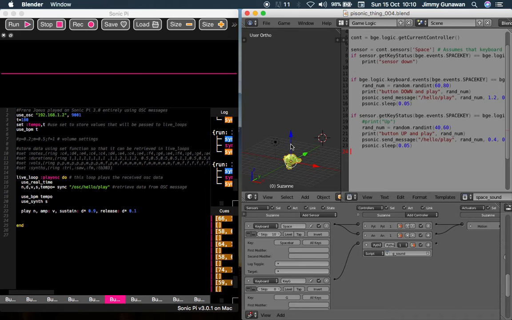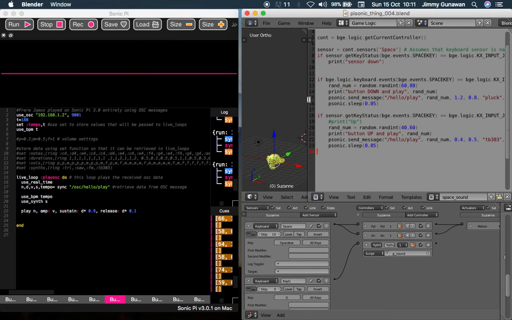Currently, this is still, of course, work in progress, and I'm still thinking about the best way to handle this, especially if I want to record the animations in Blender, or perhaps in Blender I set up some kind of procedural motion that I want to keep looping, but while it's looping, it's sending messages into SonicPi. So SonicPi itself is currently running this very simple live loop. It's using real time, and there are these 1, 2, 3, 4, 5 values. It's waiting for an OSC input message, and so the scene is just play